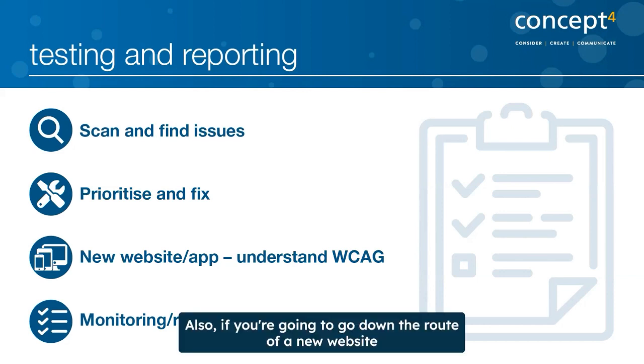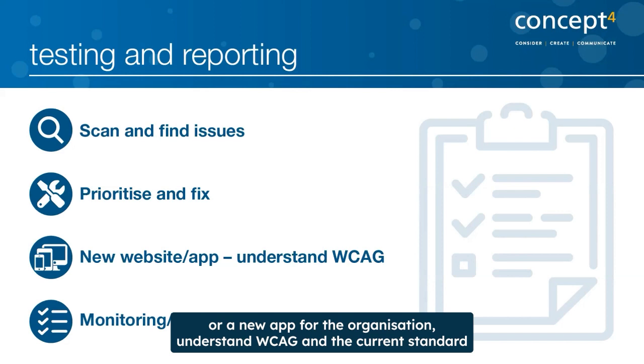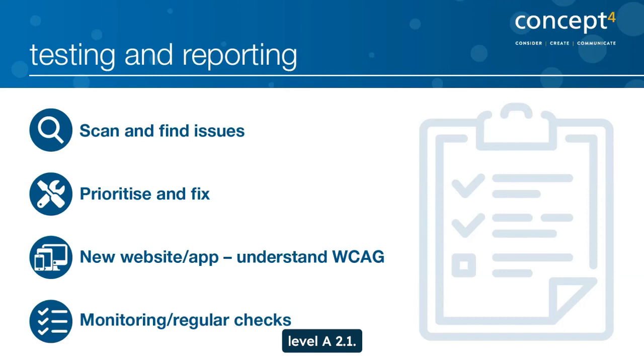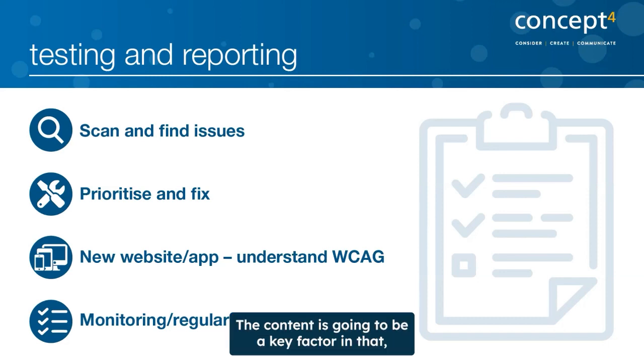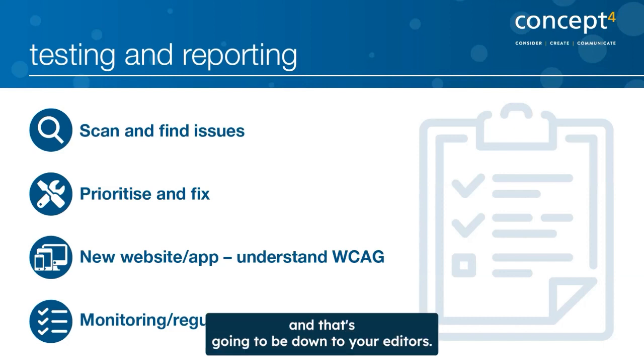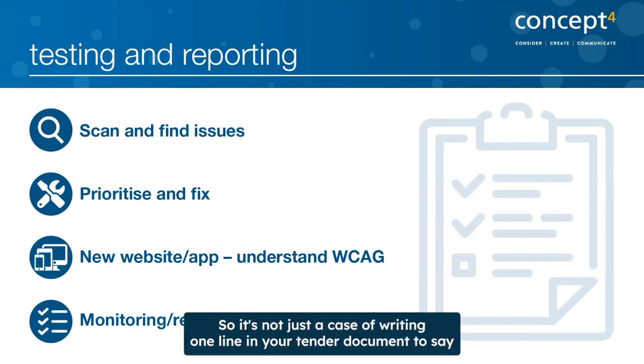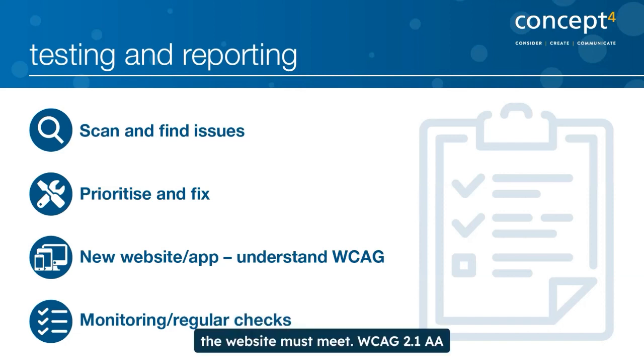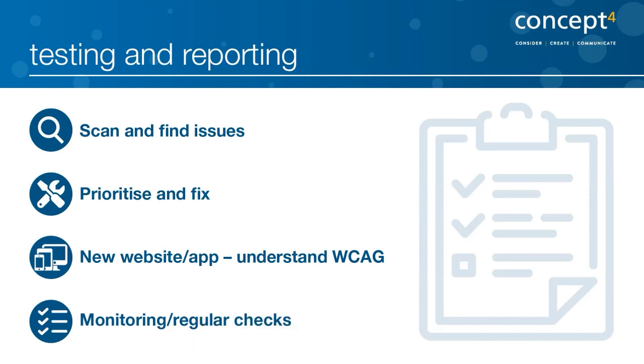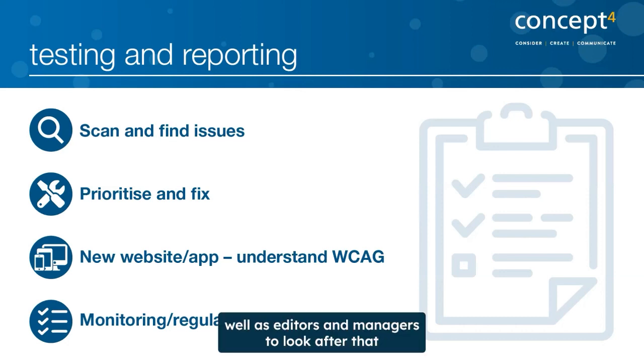Also, if you're going to go down the route of a new website or a new app for the organization, understand WCAG and the current standard, level AA 2.1. The content is going to be a key factor in that, and that's going to be down to your editors. So it's not just a case of writing one line in your tender document to say the website must meet WCAG 2.1 AA. It is down to you guys as well as editors and managers to look after that content